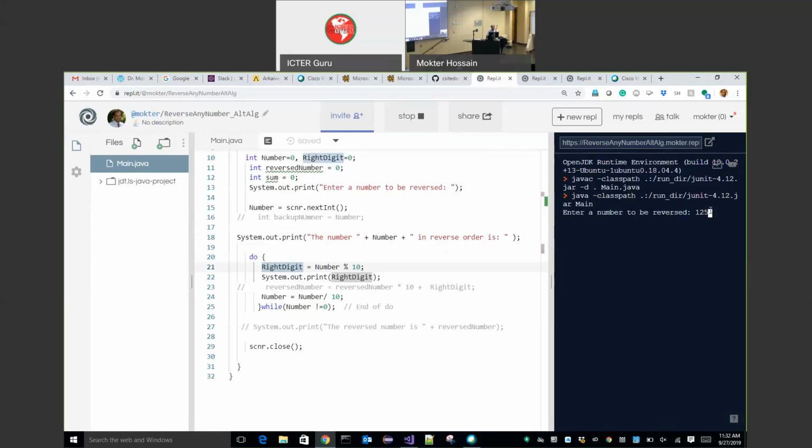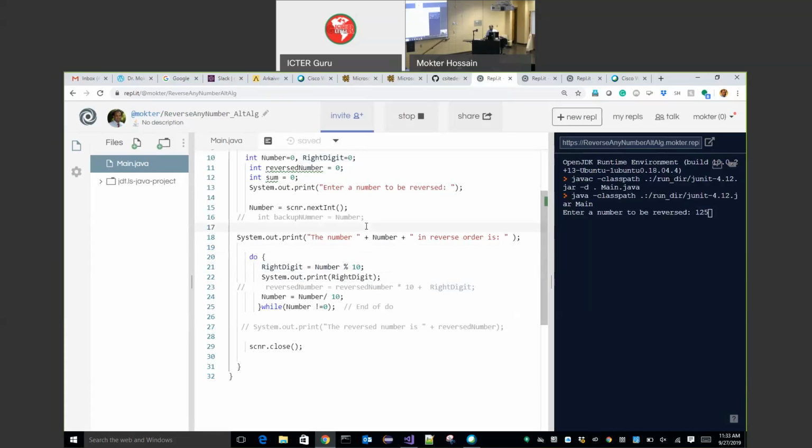Can anyone has any idea? Or if we want to multiply the digits, find the multiplication of the digits. Let us try to find the sum of the digits. Anyone has an idea? What should we do?